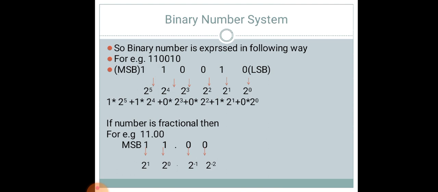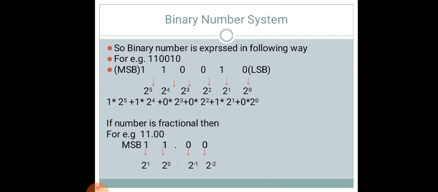So there we have written MSD and LSD, and in the binary number system we write LSB and MSB, right? Now the weightage is given like in the previous number system, that is, 0 has 2 raised to 0. Why is 2 taken? Because the base of the binary number system is 2. In the previous number system the base is 10, so we take the weights with 10. In the binary number system the base is 2, so we put the weights with 2.